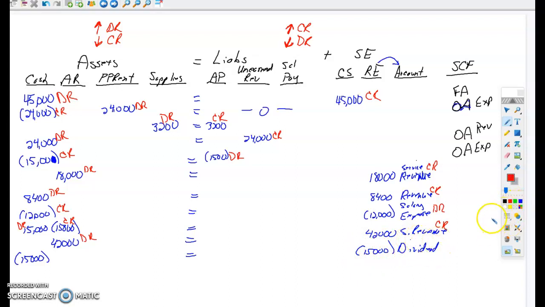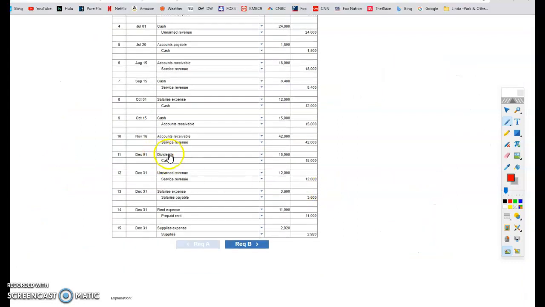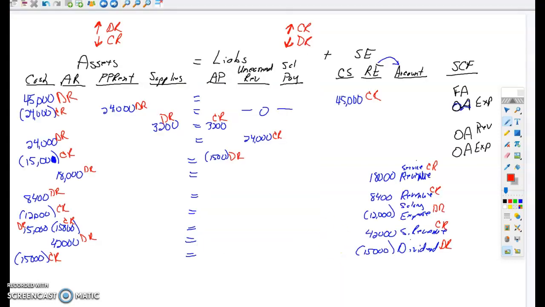And then here in Chapter 3, we assign debits and credits. This side goes down with the credit. This side goes down with the debit. And so then our journal entry would be to debit the dividend and credit cash. Okay, and then